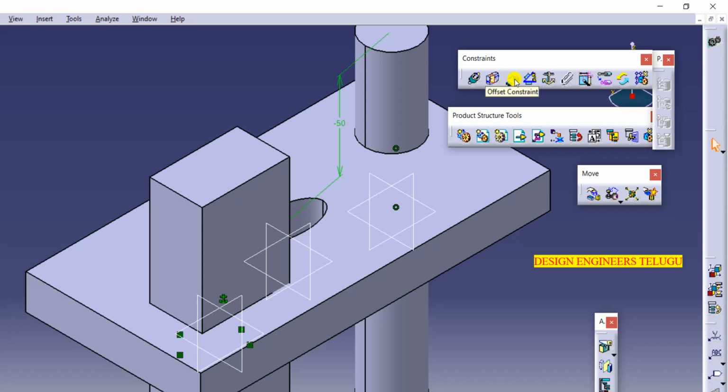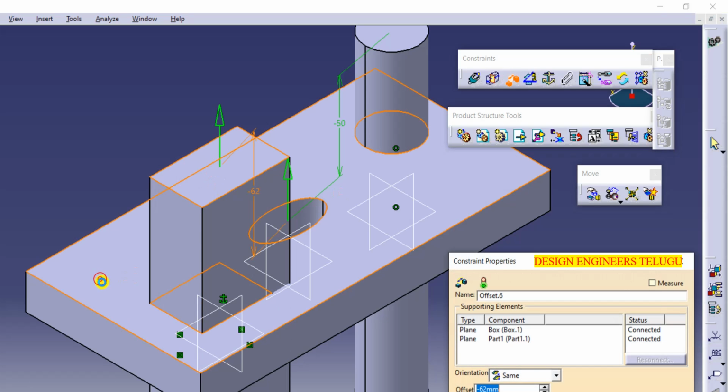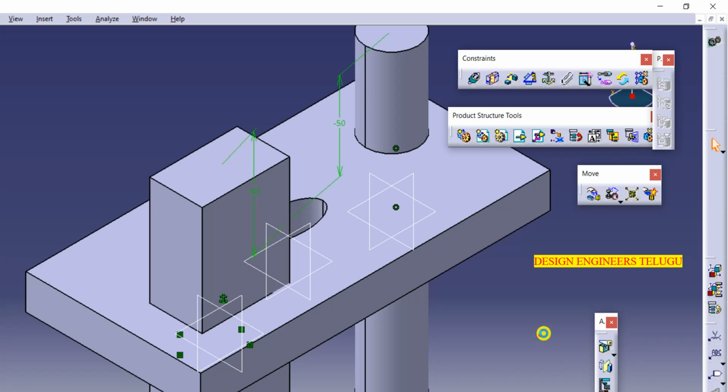Like that, if you want to give some distance, for example from this flat face to this flat face, then you can go for offset constraint and then select two faces and give the distance and then OK. So like this we can fix our components.